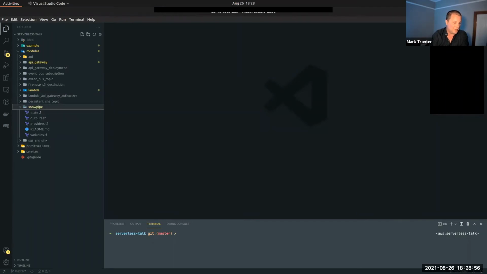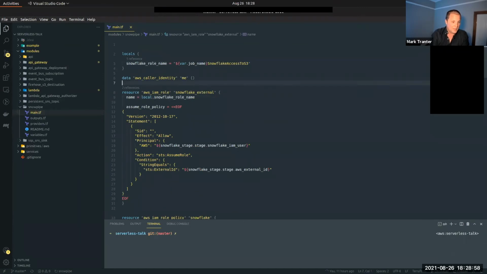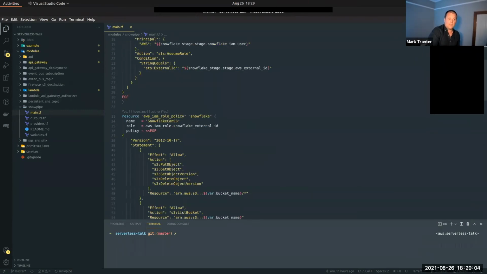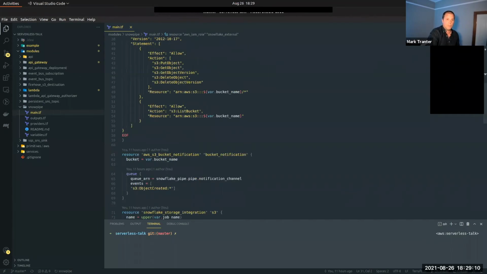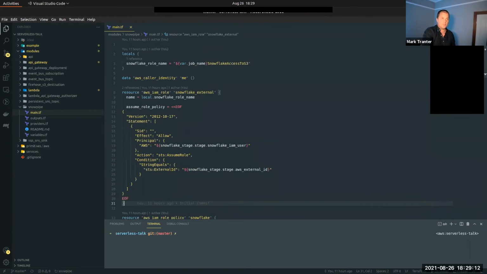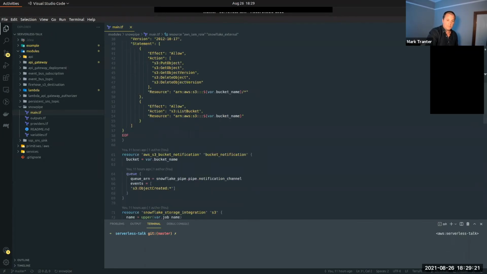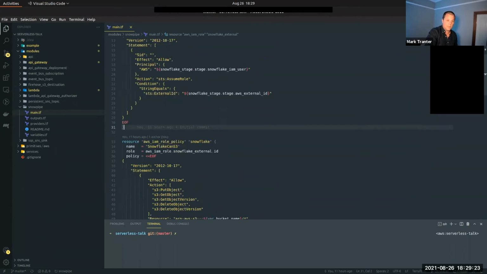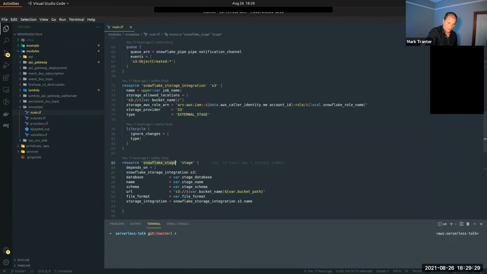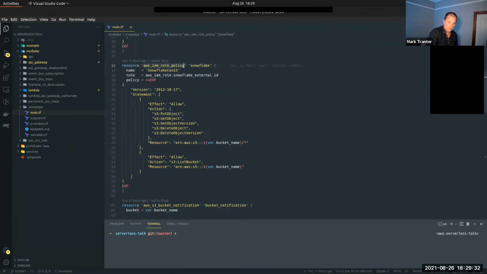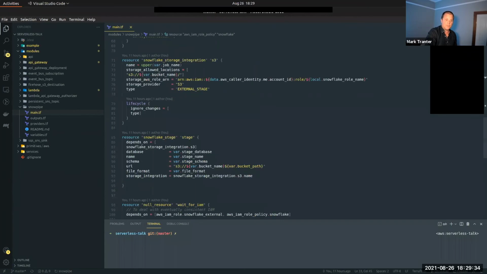Something else cool, it's a bit outside of the AWS functionality. This is one of the upsides of Terraform, that it's multi-cloud, multi-provider, and it'll support a whole bunch of things. So Snowflake, the analytics database, has this great concept of a snowpipe, which is just a construct that will take a CSV or XML or JSON or Parquet file from your S3 bucket and land it in Snowflake, potentially doing some SQL transforms on the way. This is a little Terraform module that knows how to talk to Snowflake and knows how to talk to AWS to set up all of the right constructs so that your data flows through into Snowflake.